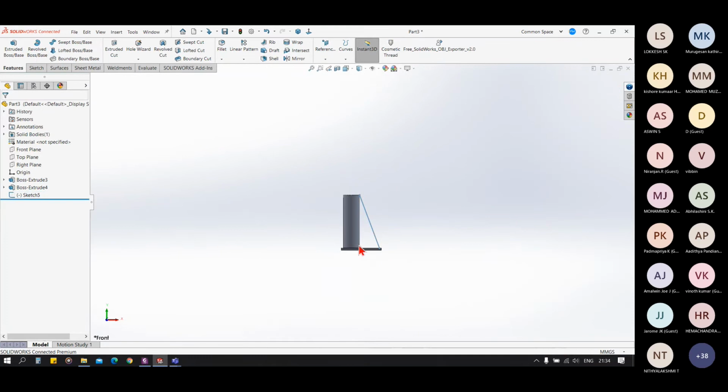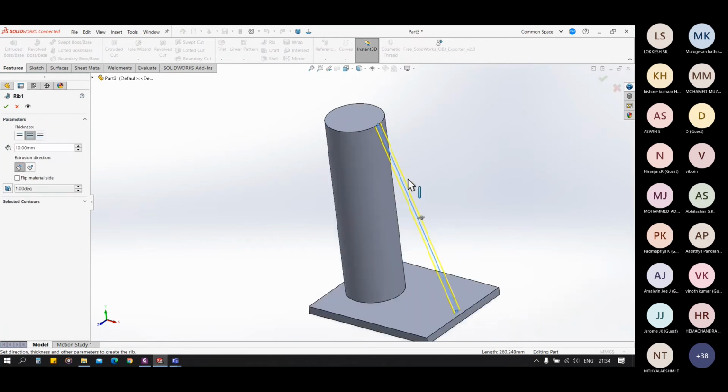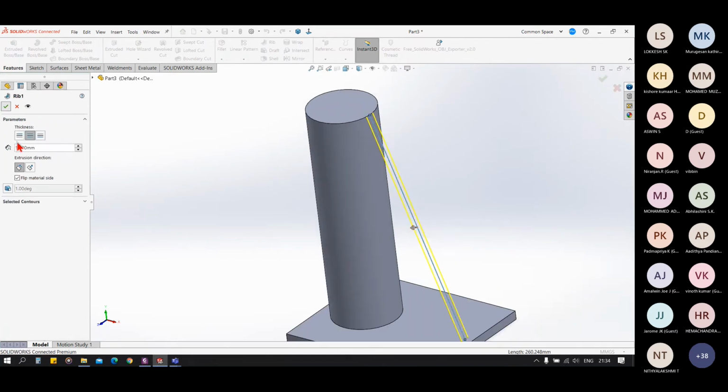In the case where we have a vertical cylinder or cylindrical face, SolidWorks is not able to give us a rib. It will give us an error. You can see it is giving us an error.